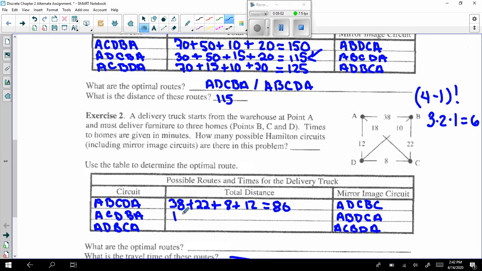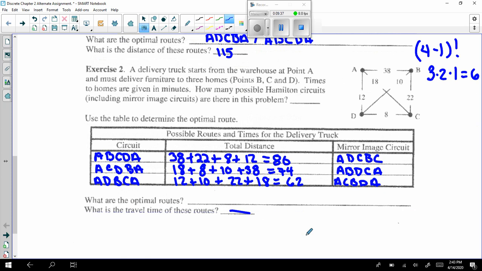And then we just do the other ones exactly the same, following the route. We have 18 plus 8 plus 10 plus 38. So this one gave me 74, so that's a little bit better. Now let's try this last one. That's 12 plus 10 plus 22 plus 18. And that gives me 62. So the optimal route is the last one that we came up with, which is